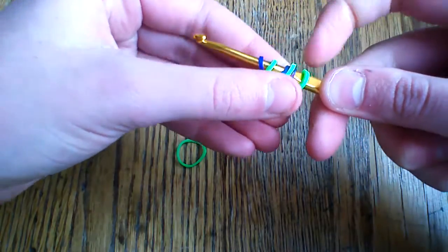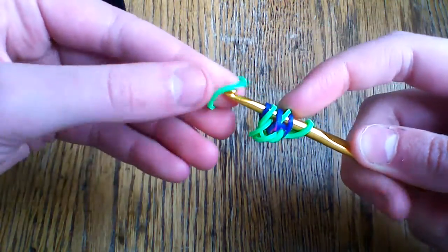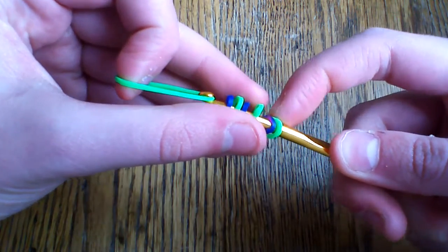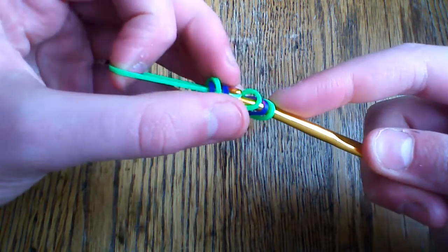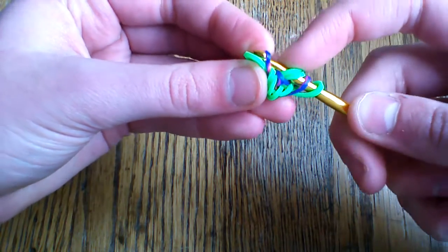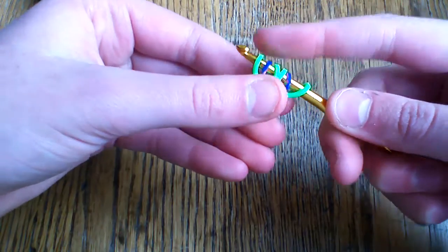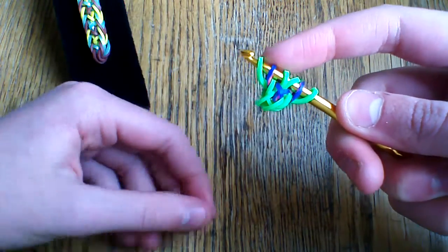Okay, make sure that your bands do stay aligned. And you're going to pull your green band through these first 3 loops once you've turned it around. You're going to lift this farthest one back up onto your hook as well. So now you should have something like this, and what we're going to be doing is repeating what we did